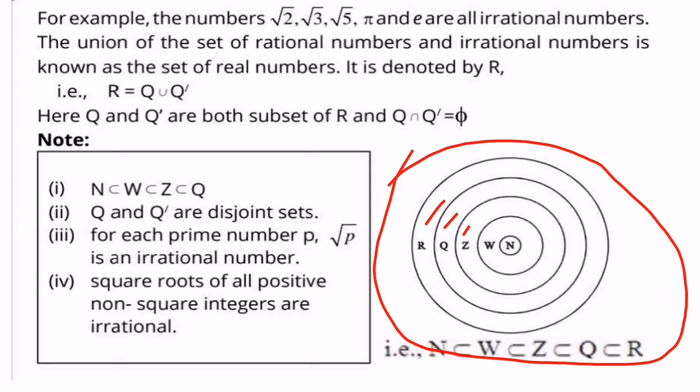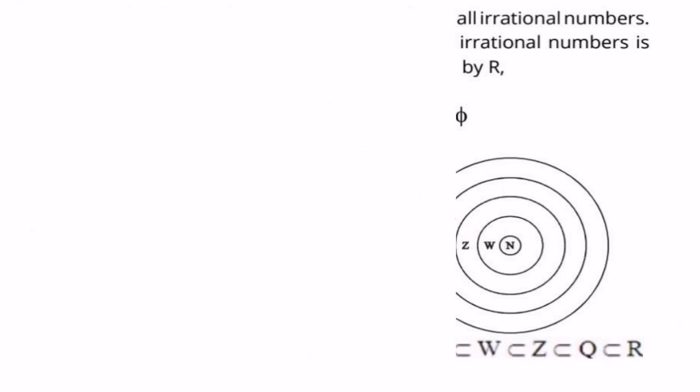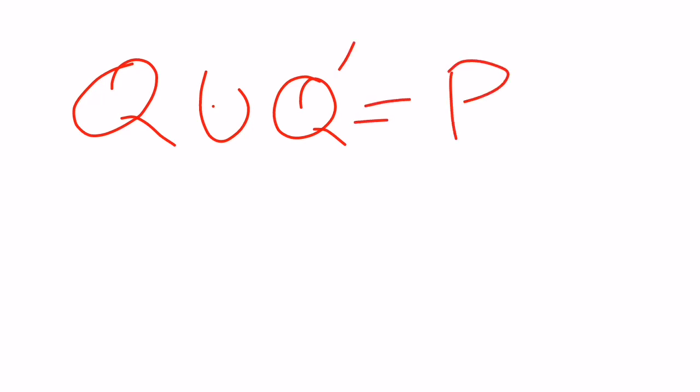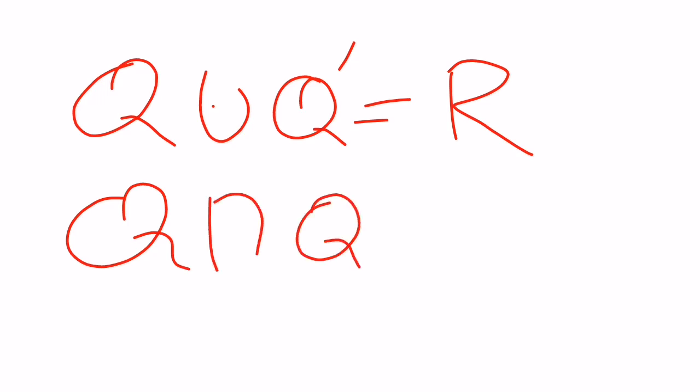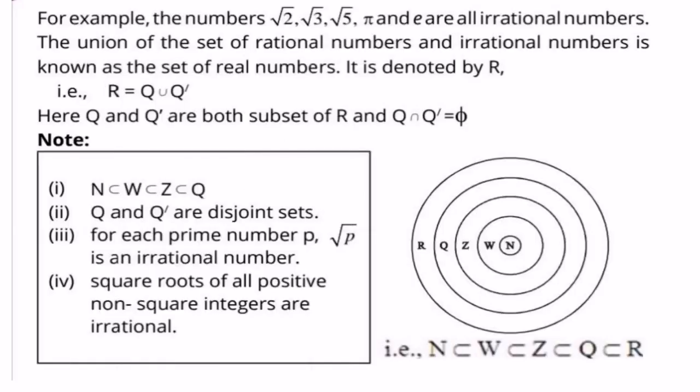Means natural numbers are contained in whole numbers, contained in integers, and integers contained in rational numbers. But the point to be noted is that Q union Q prime is equal to R, but Q intersection Q prime must be the empty set. So it means that the sets of rational and irrational numbers must be